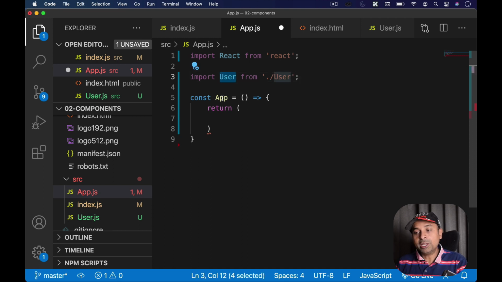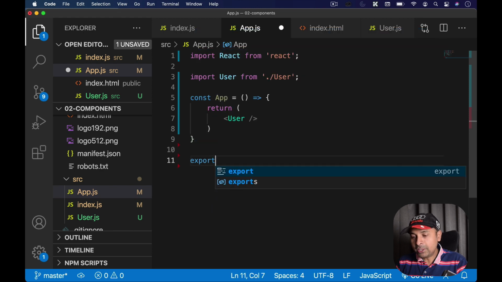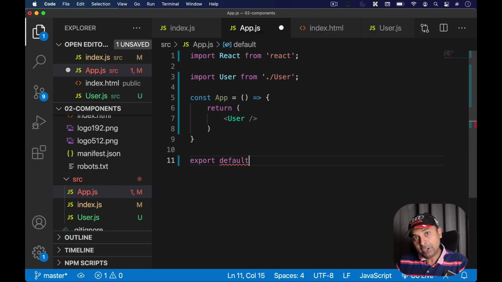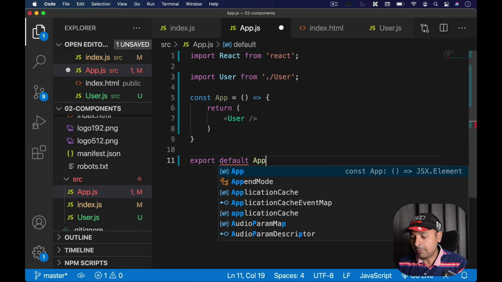Now I got the user in app and I'm going to create all my instances of user here. So I'm just going to create one instance for now. And again, I'm going to export my app. So I'm creating a different component called the app component, which is having user, another component. So you can see the parent-child relationship here. App is a parent and user is a child. Okay, so I'm exporting app here.